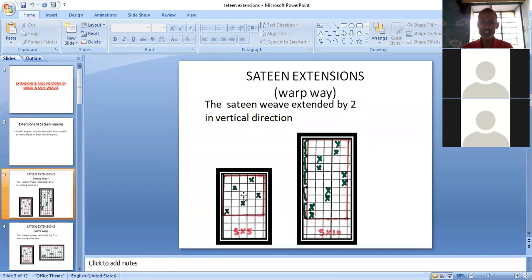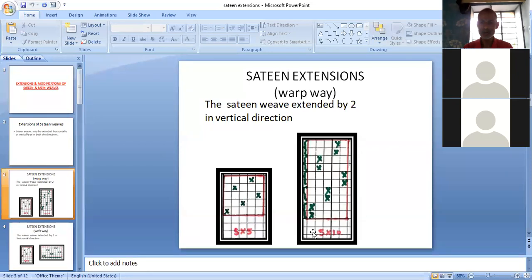Now, how this 13 can be extended: the size of the extension of that view will depend on the size of the basic view, the size of the 13 on the basis of which we are modifying. So here the size of 13 is 5, and the number by which we are extending is 2. And it is a vertical extension. So if every peak is extended by 2, 5 will become 10.